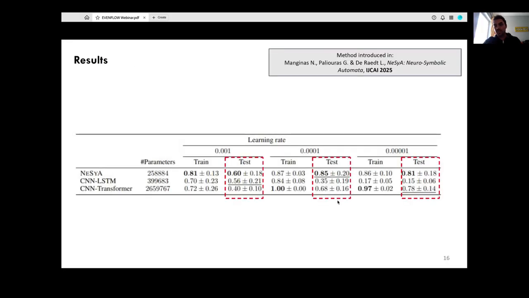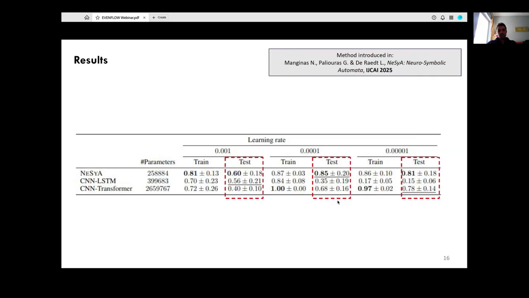So the first demo was to show NESIA running in action on this simple application. It's not something special. Just imagine the training loss being reduced, and the test F1 score improving over time on this application about human activity recognition. The important thing to keep in mind is these cumulative results over here,